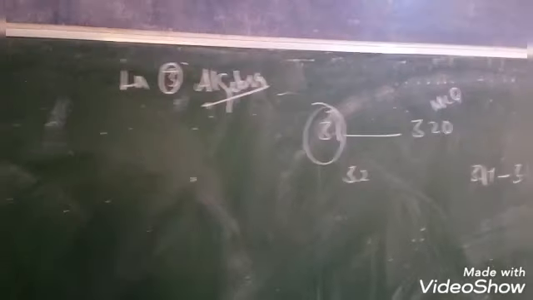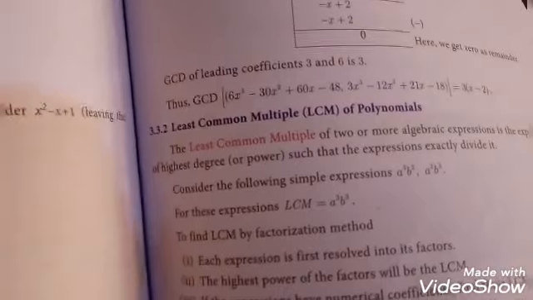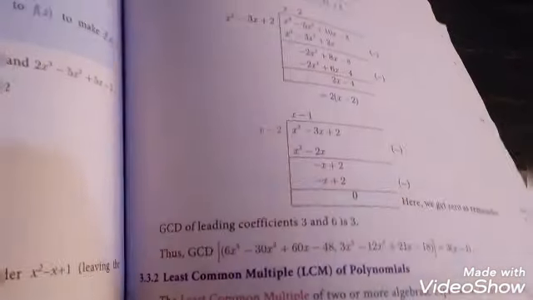Okay, girls. Today we are going to see exercise 3.2. In exercise 3.2, we study the LCM and the HCF of polynomials. We very well know what polynomials are. Here we want to find out the LCM of the given polynomials and the GCD of the given polynomials. In this exercise, we have to study LCM, girls.